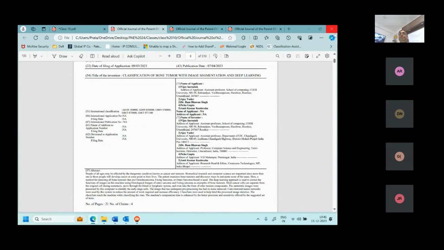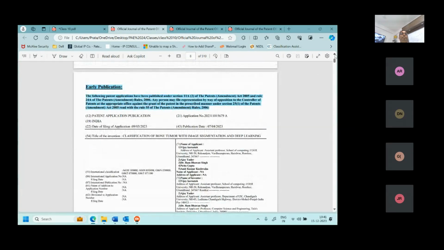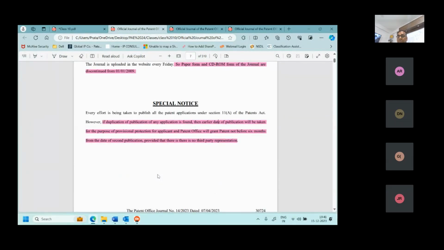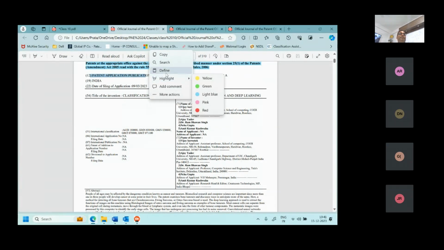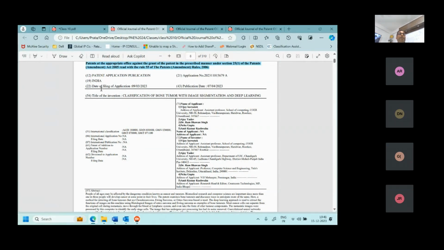Now comes, see, this is how your published patent is reflected. Let's go through this. There will be the patent application number, territory, date of filing in India, publication date, title.